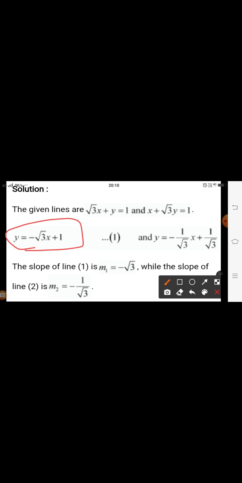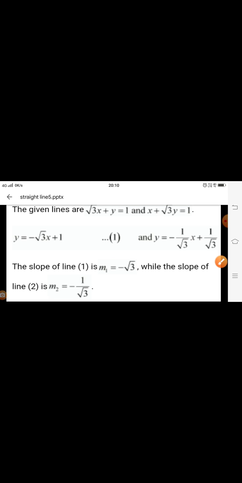If we reduce this equation to the slope intercept form, then we get the slope as minus root 3 and minus 1 upon root 3, or you may find the slope by observing the equation. Then we have the formula, and if we put the values of the slopes m1 and m2 in the given formula and solve,